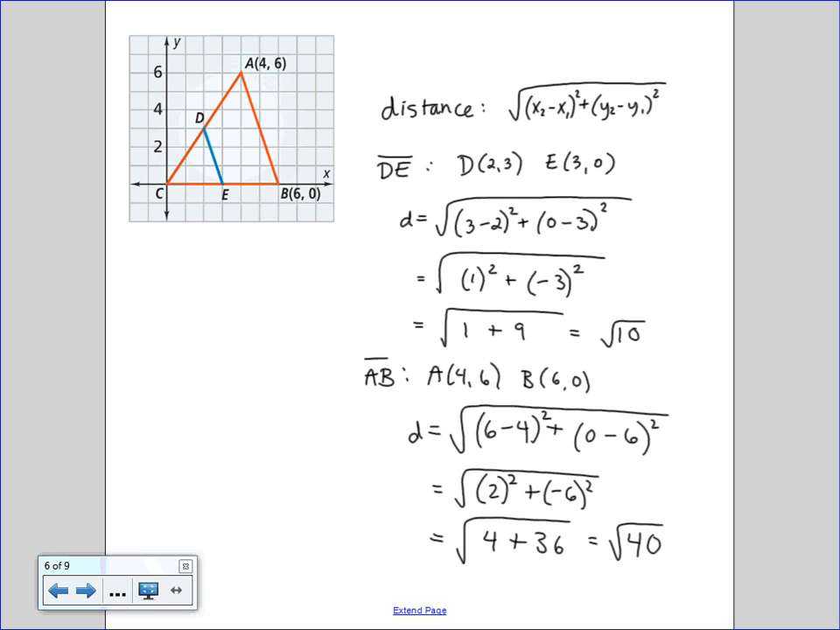And this can be simplified by splitting 40 into 4 and 10. And then, of course, the square root of 4 is 2. So this ends up being 2 root 10. So if you look at the relationship between this length, which was the midsegment, and this length, which is the opposite side that it's parallel to, we see the relationship of the distance being doubled. So we have the relationship that the length of DE is equal to half the length of AB. So to write that property out,